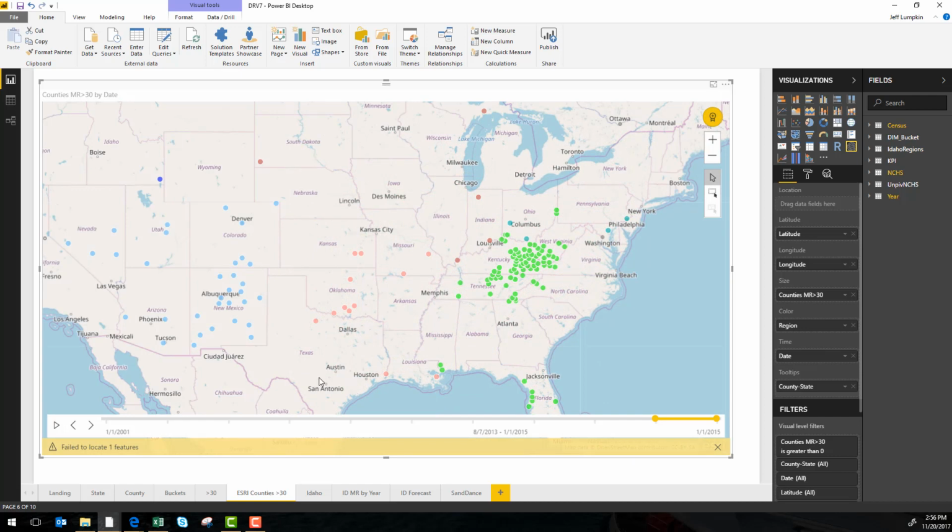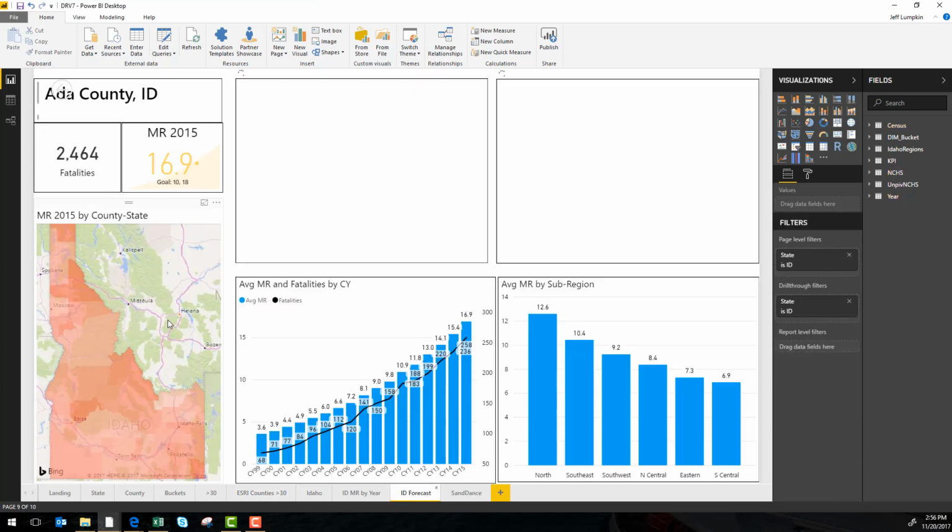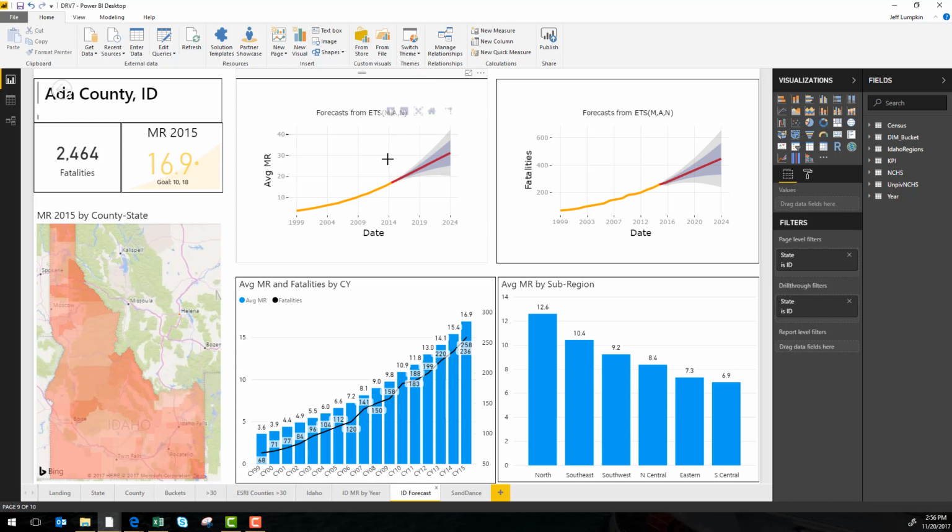I'm also able to incorporate a forecast into this data set. So here I'm focused on the state of Idaho and looking at the forecast of the mortality rate and fatalities using the standard R visualizations, which are available from the Office store. So here what we're looking at is the growth of mortality rate. Overall 16.9 in 2015,